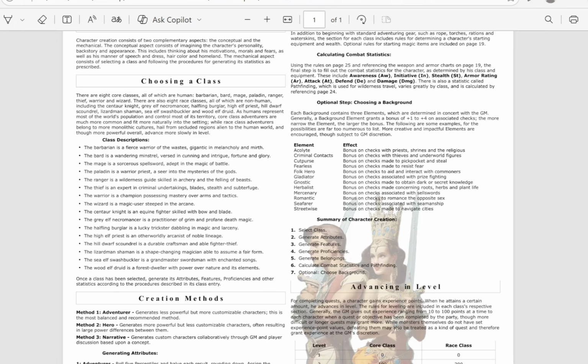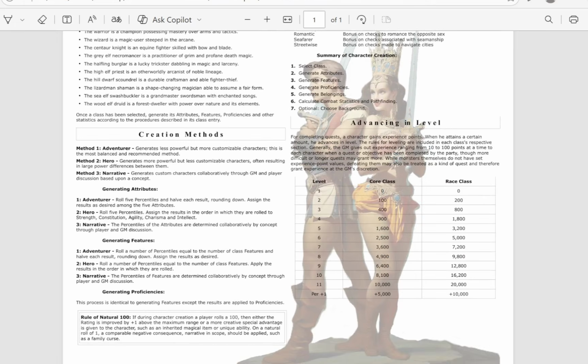So, and then one thing in Rin is that the advancement in level, this is another old school approach. The classes advance differently. Now, they don't each have their own setup, where they're all totally different, but core class adventurers level up, it takes half as much. So basically, you square your current level and multiply it by 100, and that's how much you need. So second level 100, 400, 900, 1600, and onward. Race classes are just twice as much, so 200, 800, 1800.